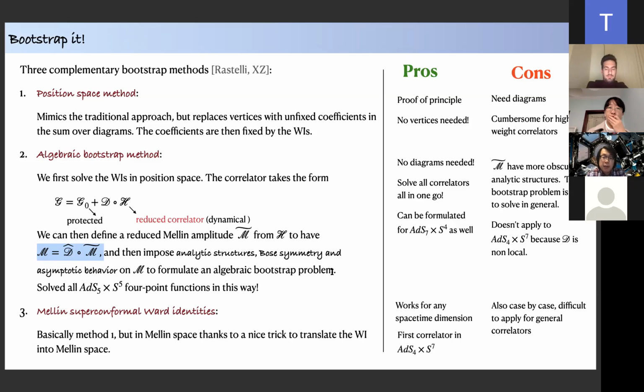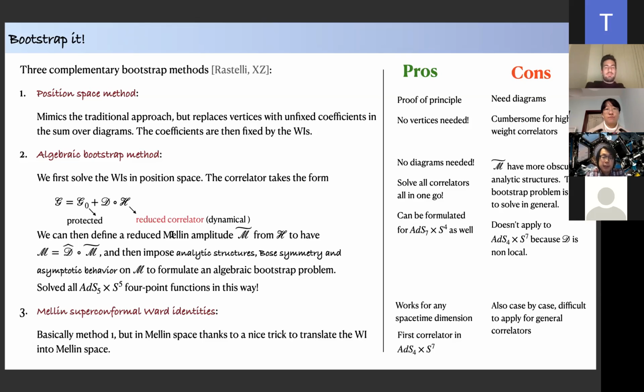And then we just need to solve this problem. So we managed to solve this problem for all correlators for AdS5 × S5. So that's very nice. So this approach has clear advantages. First of all, we don't need to compute any diagrams, and we can deal with all the correlators at the same time. We can also generalize this approach to the AdS7 case, but it also has some problems